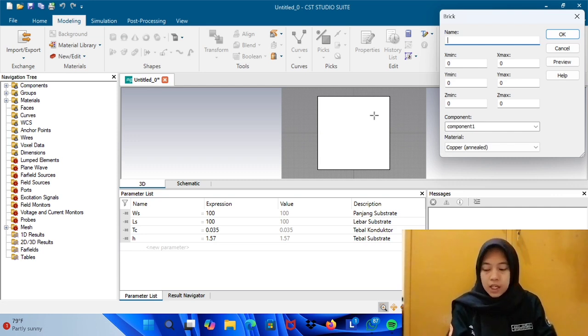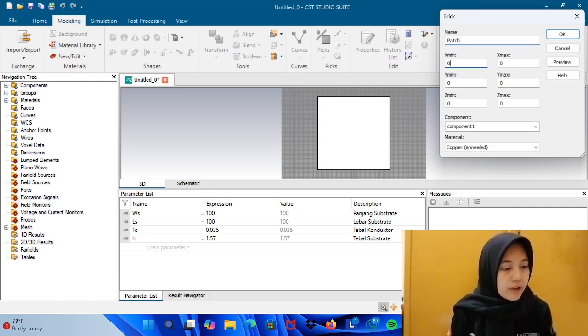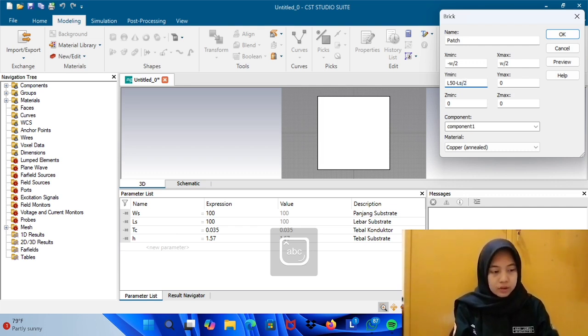You give the name patch. Okay, for the value Xmin, for patch, minus W/2, for Xmax W/2, for Ymin L50 minus LS/2 plus LQV. I think right.